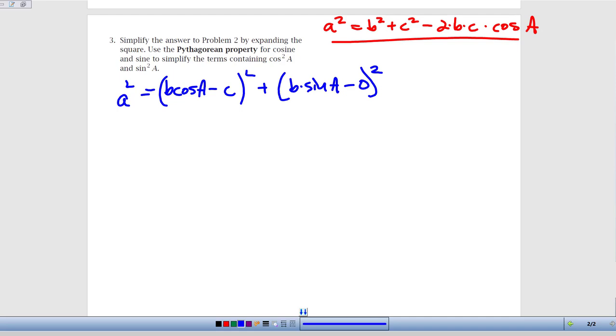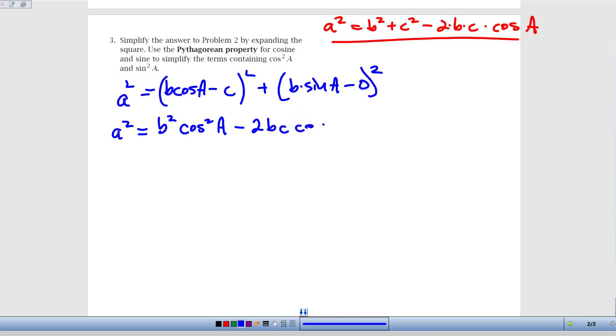First thing we're going to do is FOIL this first set of parentheses. We've got b cosine A minus c. We of course know that we can't just distribute the exponent. We have to multiply by FOIL. And so if we do that, we're going to get b cosine A times b cosine A. So we're going to get b squared cosine squared A. And then we're going to get a negative c times b cosine A. We're going to get another negative c times b cosine A, which means we're going to end up with negative